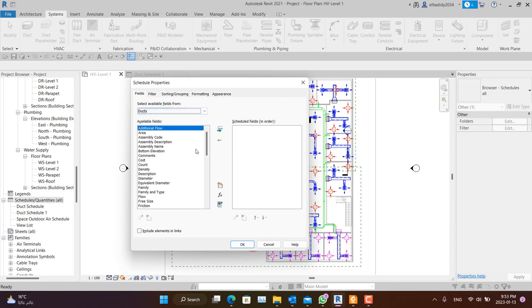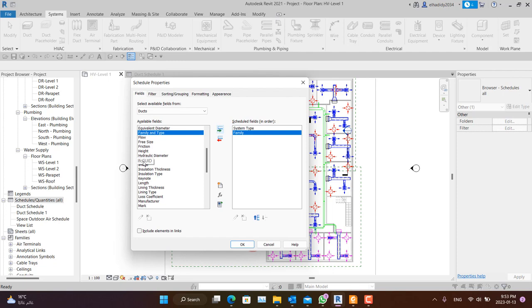Okay, we are gonna choose some fields which we are gonna need, and by the end of this video you can choose which fields are useful for you. Of course, we have some fields we can't ignore, but the others you can filter by the family and types. You can filter by the systems. You can choose whatever you want. Now for me, I'm gonna choose system type, and I'm gonna choose family,